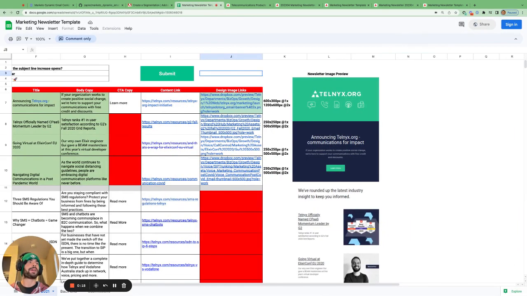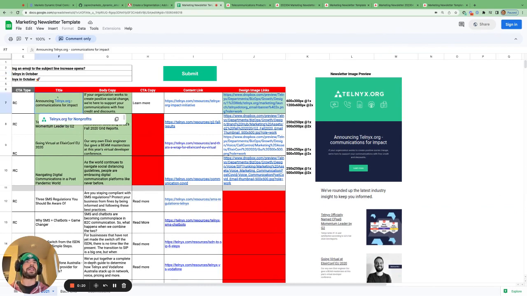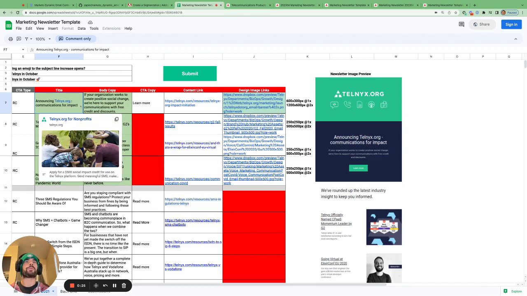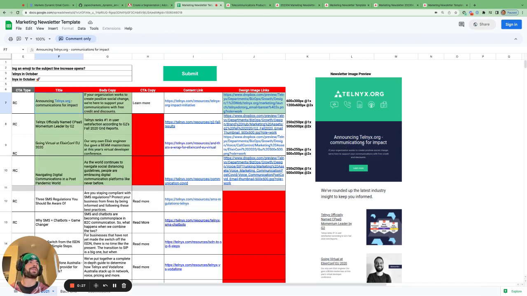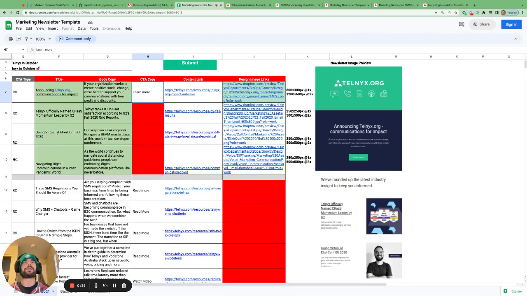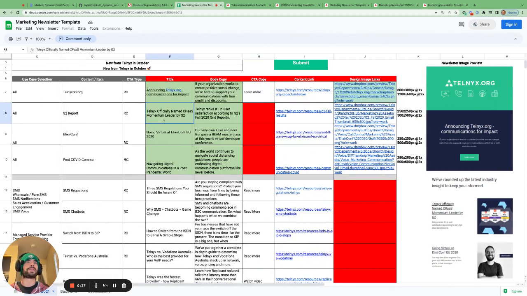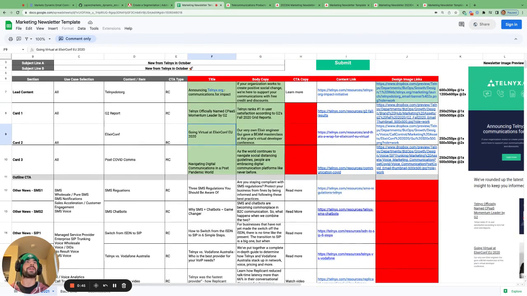And comparing each of these sections to this preview image, you can see how this corresponds to this title, this corresponds to here. We've got a CTA copy, which corresponds to the copy of this button. And then we've got these different items here. So this title corresponds to this, this title corresponds to this, and so on. So each of these three pieces at the top here